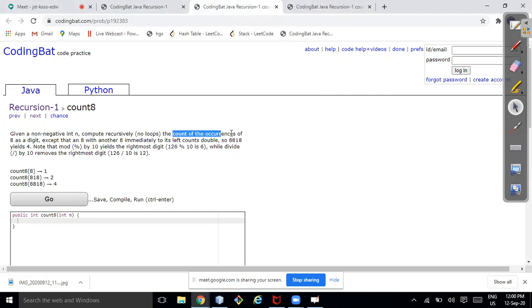Okay. Count the occurrence of 8 as a digit, except that an 8 with another 8 immediately to its left counts double. So 8818 is 4. 881884 is 4.